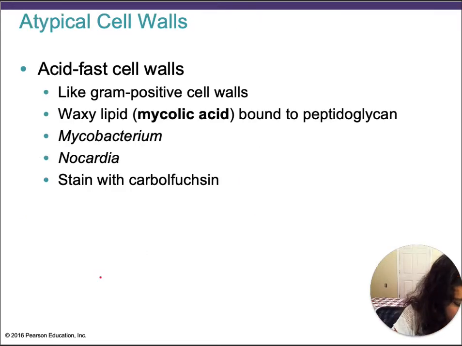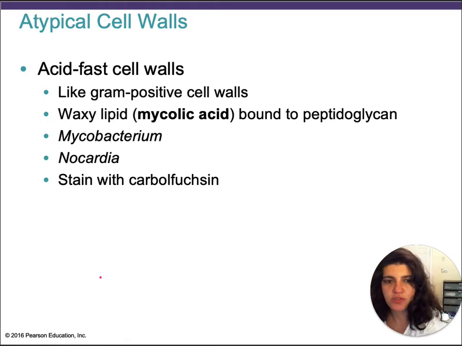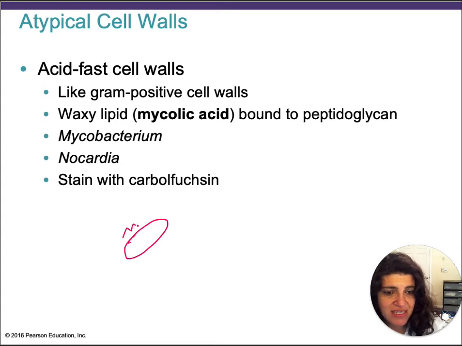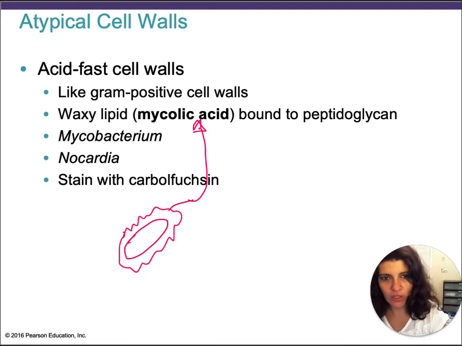Atypical cell walls. So here we're going to have Mycobacterium and Nocardia. They have, so if this is a Mycobacterium, their cell wall here is made of something that is called mycolic acid. Okay, it's a waxy lipid, and mycolic acid is bound to their peptidoglycan. Mycobacterium and Nocardia are gram-positive, so I'm going to write here that these both bacteria are gram-positive, but it's really hard